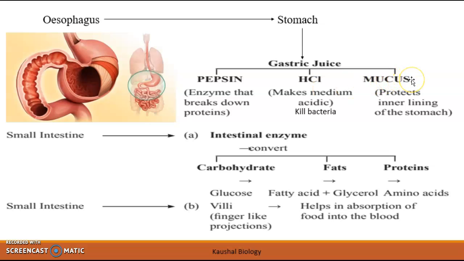तीसरा है म्यूकस। इसका काम क्या है? इट प्रोटेक्ट्स द इनर लाइनिंग ऑफ द स्टमक। क्यों प्रोटेक्शन की जरूरत है? बिकॉज HCl कैन हार्म द इनर लाइनिंग, सेल लाइनिंग ऑफ द स्टमक, इसलिए म्यूकस उसको प्रोटेक्ट करता है। ठीक है,